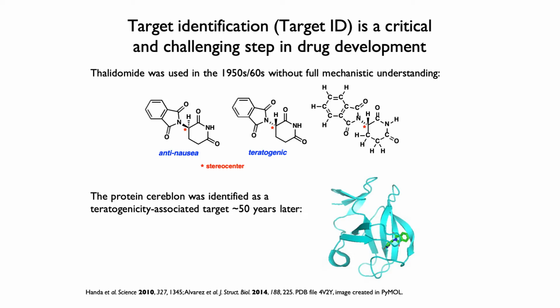About 4 years after people recognized that cereblon was one of the most important targets for thalidomide, a crystal structure was also determined. You can grow crystals of proteins and then get these images of them. This is just a rough schematic of what the protein is. It's a simplification, and thalidomide is right here. You can see it binding, and that gives a lot more information about how thalidomide interacts with its targets, which is also really helpful, for example, if people wanted to come up with other drugs based on it.